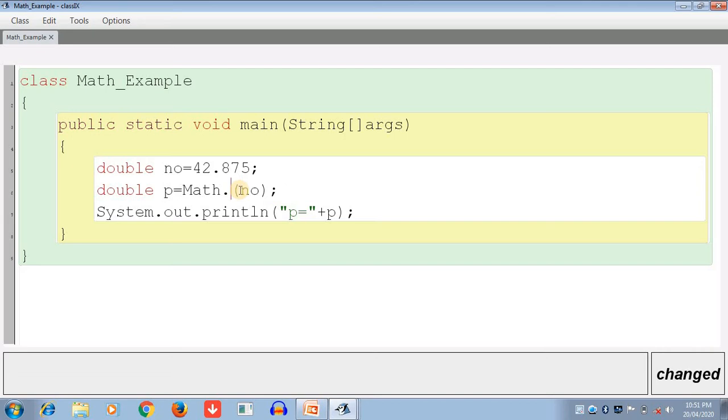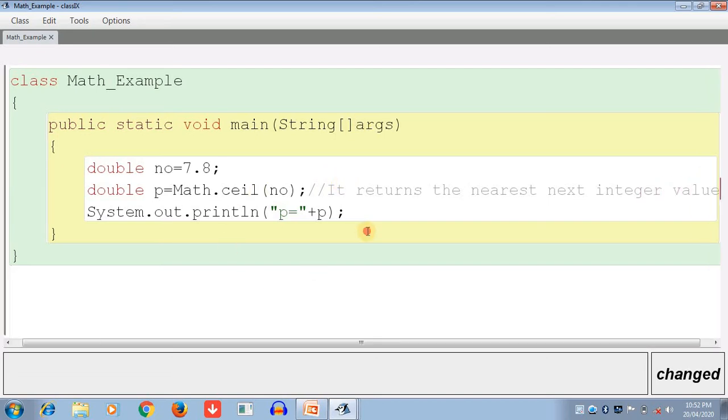The next method I have declared here is ceil, C-E-I-L. What is the ceil function? Now I am taking an argument like 7.8. The ceil function returns the nearest next integer value.